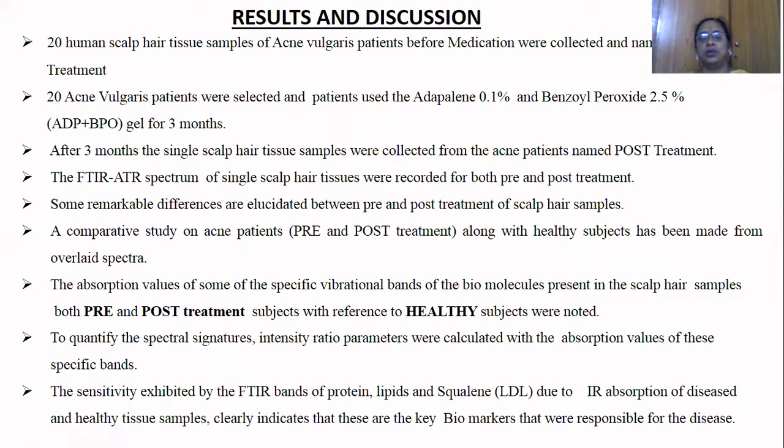Science gives an opportunity to use hair samples to diagnose diseases, and the most important components of the hair are fibrous proteins, then lipids, glycogens. So the biomolecular changes present in the hair samples could be well examined using the molecular spectroscopic technique, FTIR-ATR.